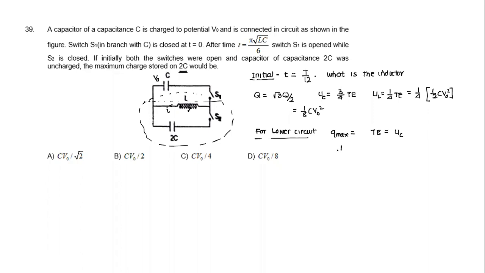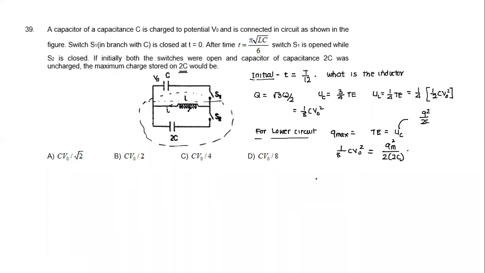What is the total energy? Total energy is 1/8 CV naught squared. Let's say the charge is Q max, and this is equal to the energy stored in the capacitor. I will use the formula Q squared by C. So this is Qm squared, the maximum charge stored in the capacitor 2C, divided by 2 divided by the value of capacitance, which is